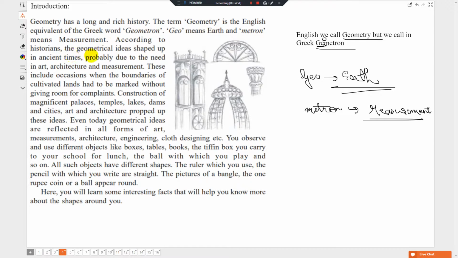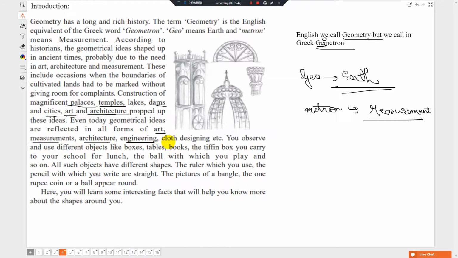According to historians, the geometrical ideas shaped up in ancient times, probably due to the need in art, architecture and measurement also. These include occasions when the boundaries of cultivated lands had to be marked without giving room for complaints. Construction of magnificent palaces, temples, lakes, and cities propped up these ideas. Even today, geometrical ideas are reflected in all forms of art,